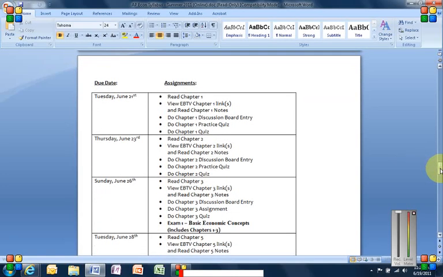Here are the due dates that we have for the class. As you see, there's a progression that I'm going to recommend every time you do a chapter. The very first thing you're going to do, even though it's not going to be saying this in the assignments folder every time, is to read the chapter that's the focal point. So you need to read the textbook for chapter 1, which is your first assignment, and then what I recommend